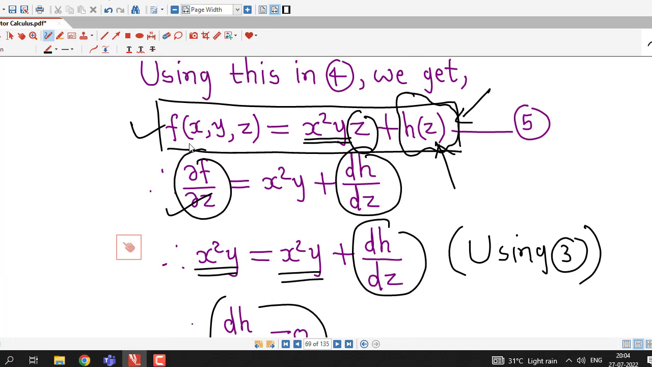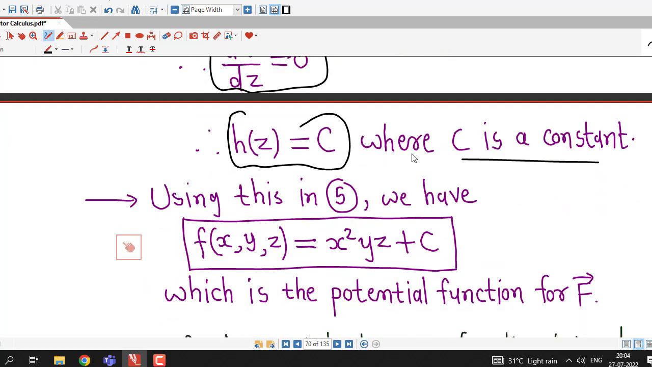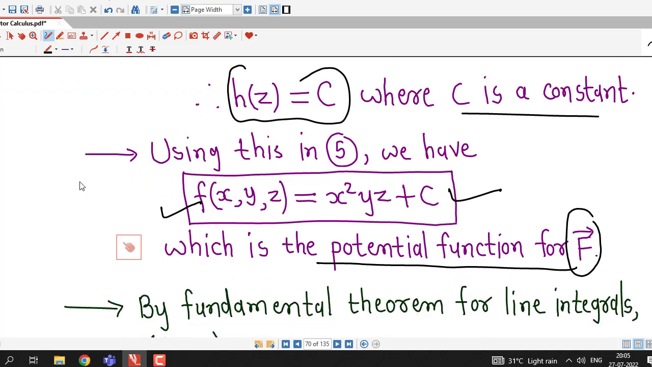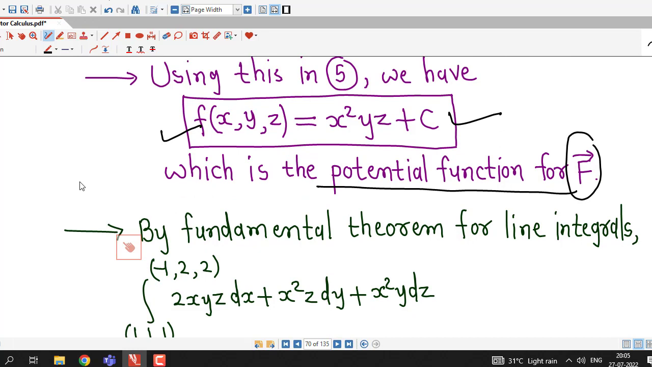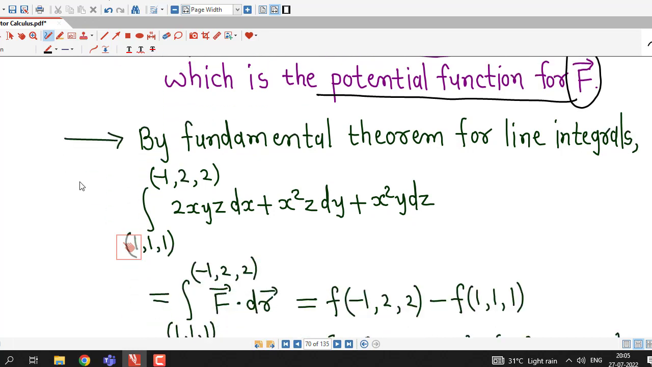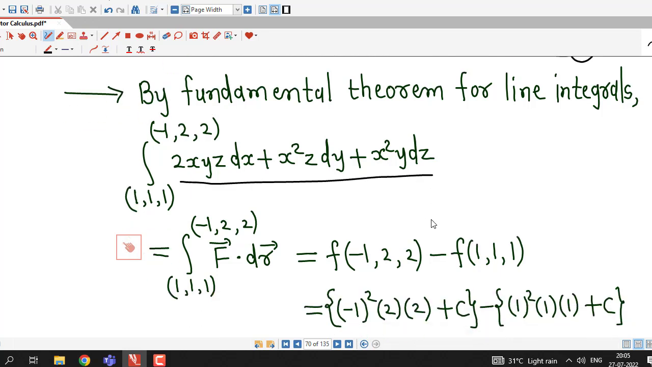So our potential function will be f of x, y, z equal to x squared yz plus c, and c is the constant of integration. So this is the complete information about the potential function for the conservative vector field f bar. Now once we obtain this potential function, we will apply the fundamental theorem for line integrals to obtain the line integral of the given vector field. Our line integral is given in this differential form,